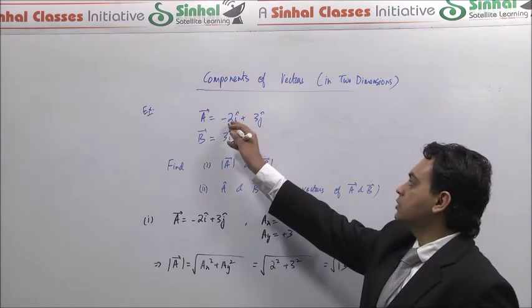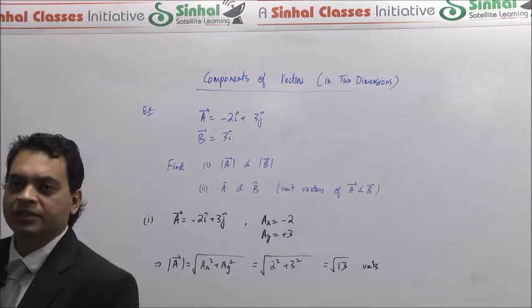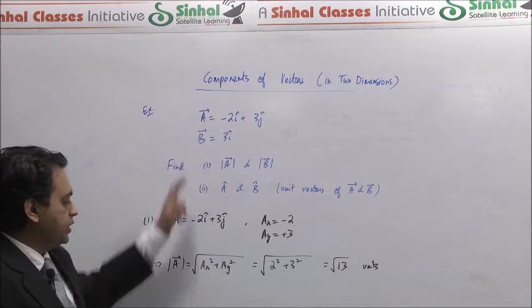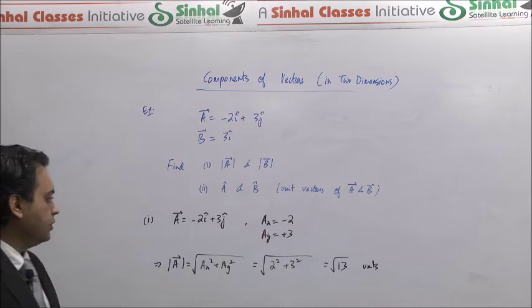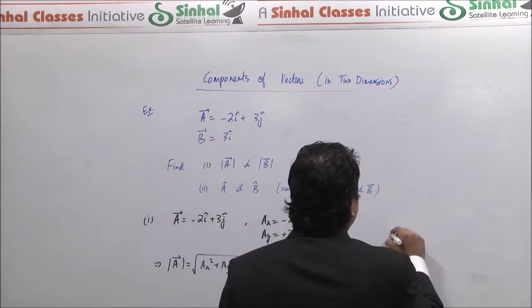And then these two vectors, minus 2 i cap and plus 3 j cap, become mutually perpendicular, so we can draw them in the xy plane, and their resultant is then the net velocity vector A, which has a magnitude of square root of 13 meters per second, and we will look at its direction next. Okay, but now let's come to the vector B's magnitude.